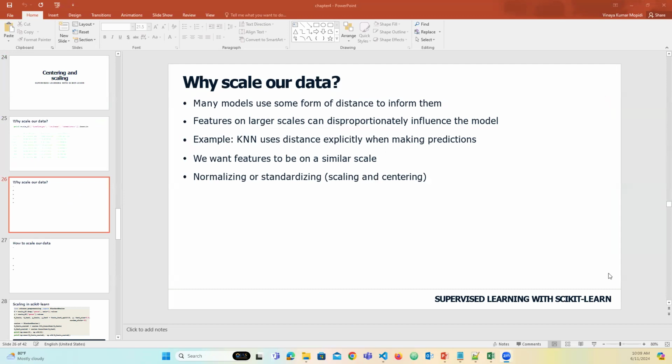Many machine learning models use some form of distance to inform them. So if we have features on larger scales, they can disproportionately influence our model. For example, KNN uses distance implicitly when making predictions. For this reason, we actually want features to be on a similar scale. To achieve this, we can